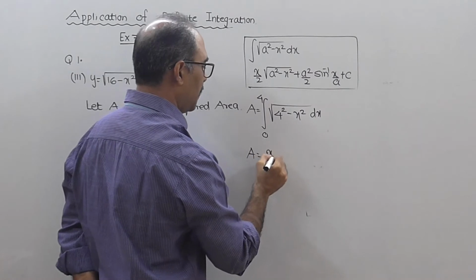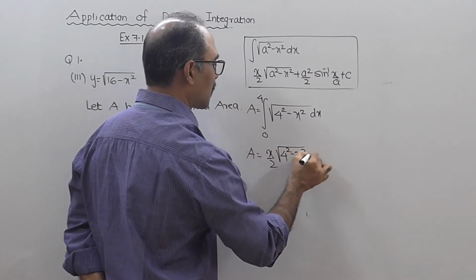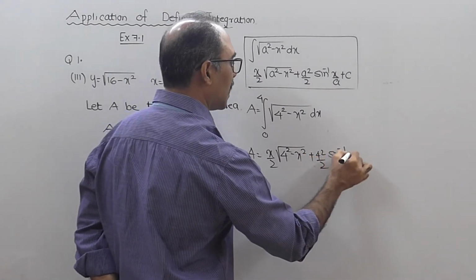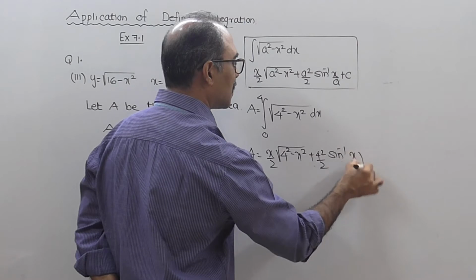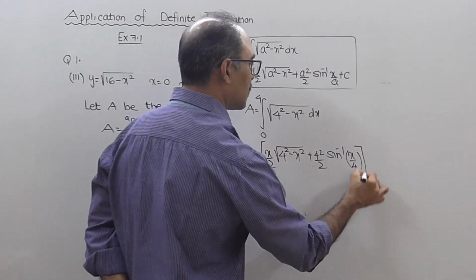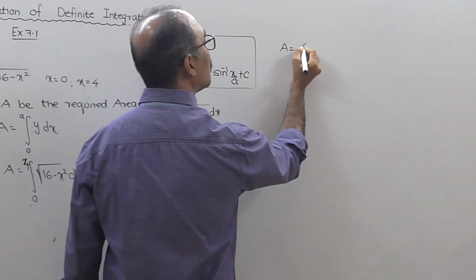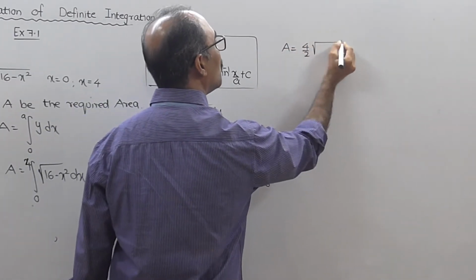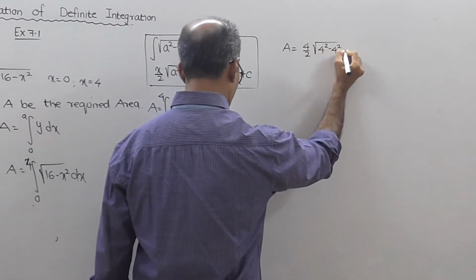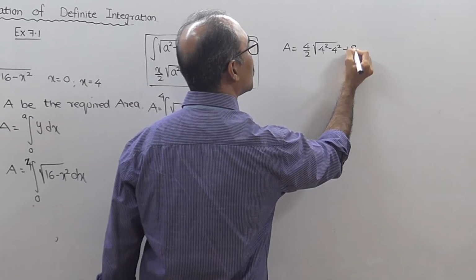So the area will be x upon 2 root of a square minus x square plus a square upon 2 sine inverse of x upon a. Instead of writing plus c, you write it as 0 to 4. Area equal to, put the upper value 4 upon 2 root of 4 square minus 4 square plus 4 square upon 2, 16 upon 2 is 8